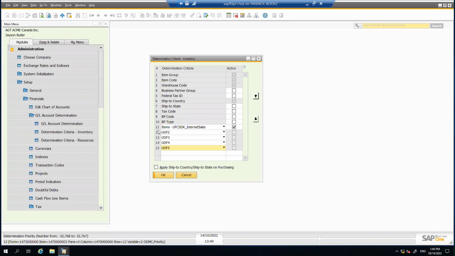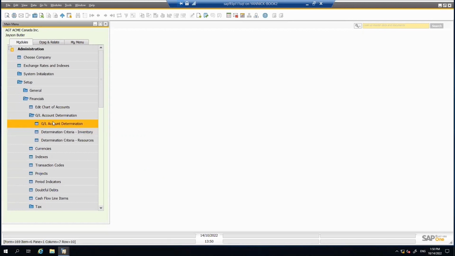So this could be really useful when we want to drive my GL posting through fields other than the basic or native fields coming from SAP. This is something that we have to establish at the beginning. What will be my other criteria? And then we will see my